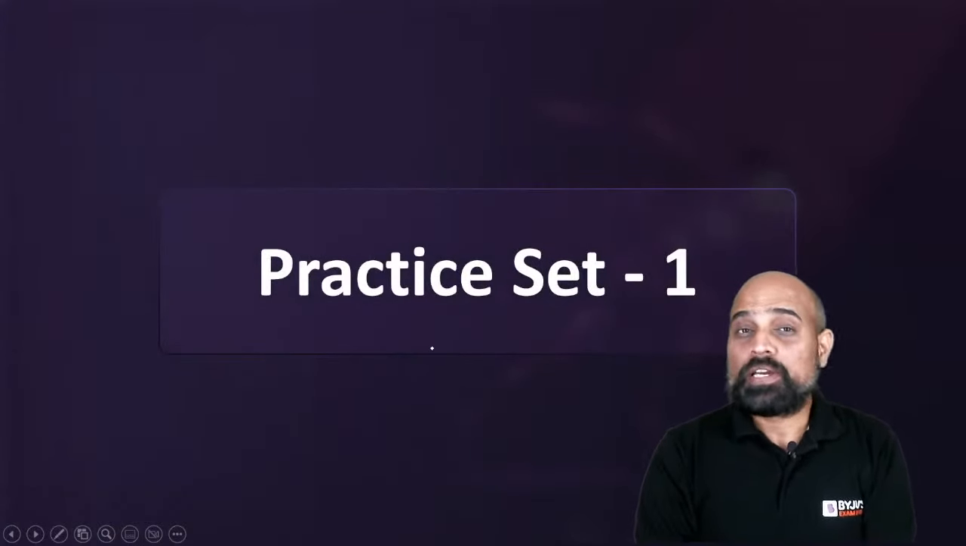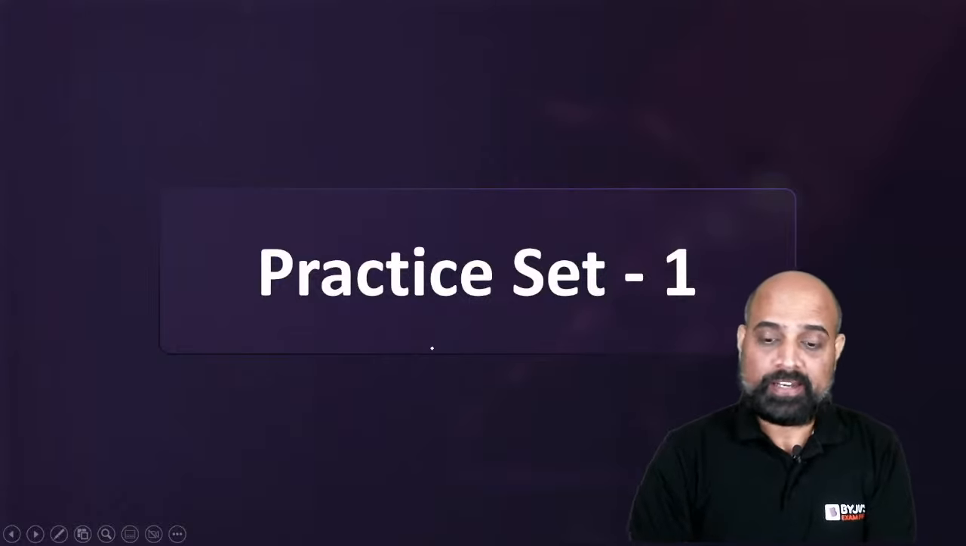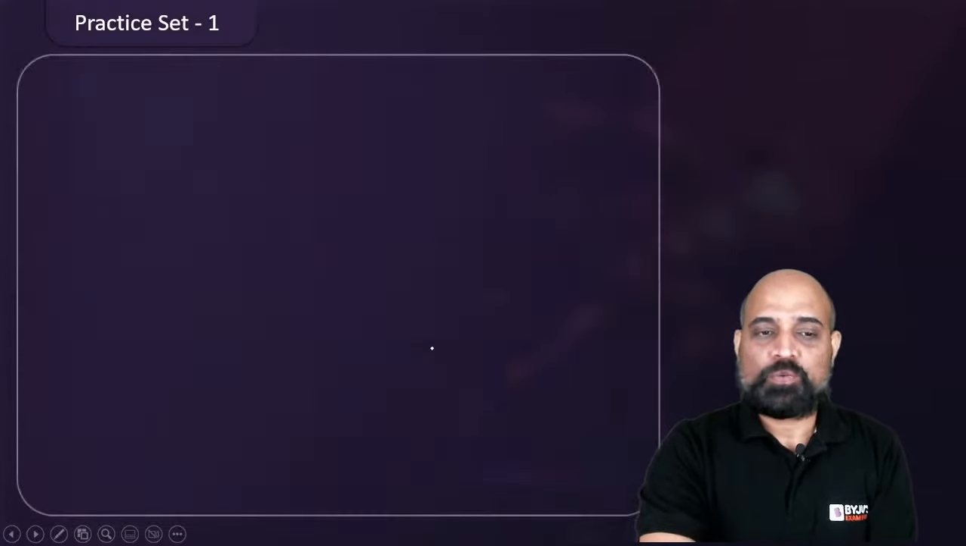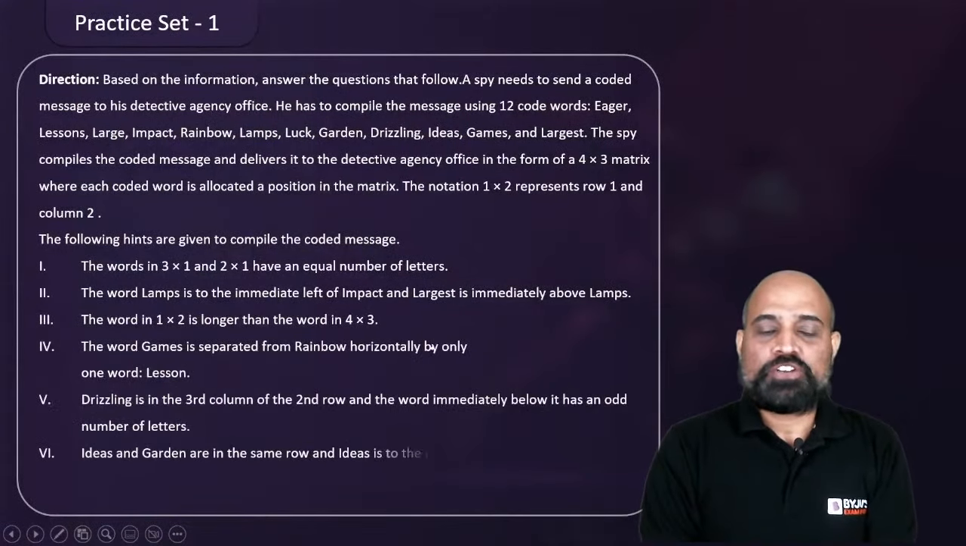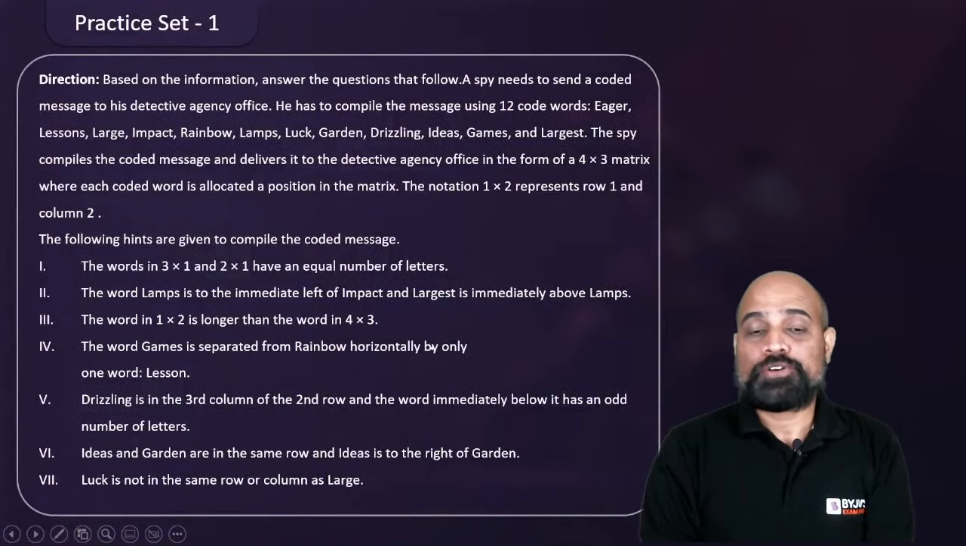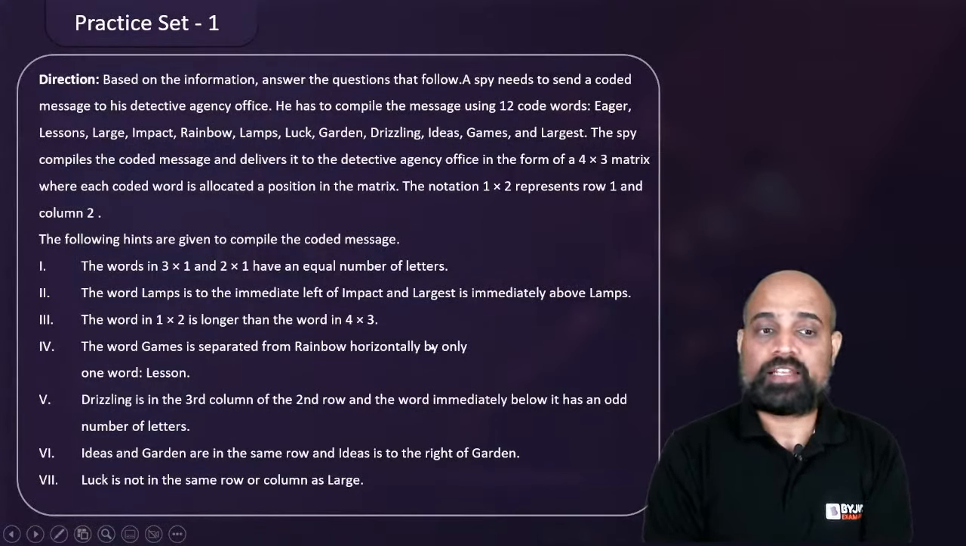So let's look at a few sets, okay? Let's solve them and get better at it. So practice set 1. Based on the information, answer the questions that follow. A spy needs to send a coded message to his detective agency office. He has to compile the message using 12 code words: eager, lessons, large, impact, rainbow, lamps, luck, garden, drizzling, ideas,